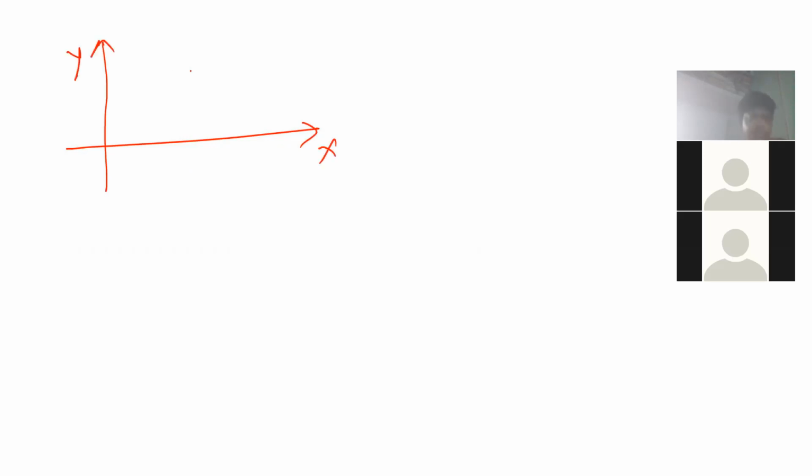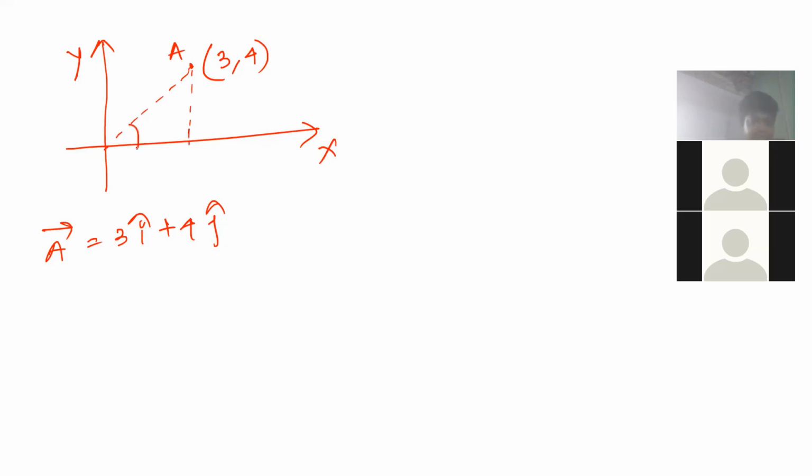Suppose initially one vector, named a vector, has the position 3 comma 4. How can I say that? Because it is represented as a vector equals 3 i cap plus 4 j cap. That means it has a magnitude of 3 along the x-axis and a value of 4 along the y-axis. So that's why the position is determined in this way, right? Now, if I join them with the help of a dotted line, it will be helpful for us to find out the direction. How to find out the direction?